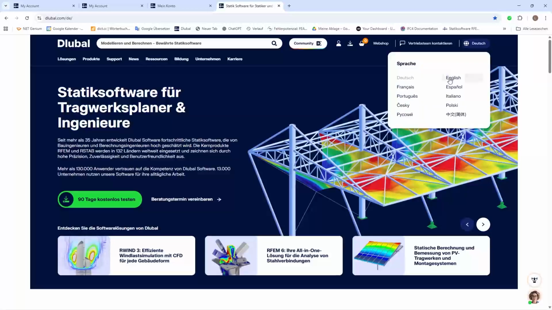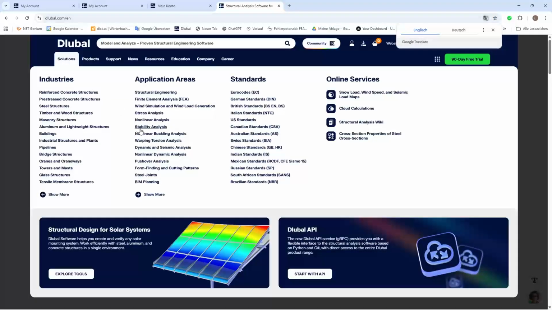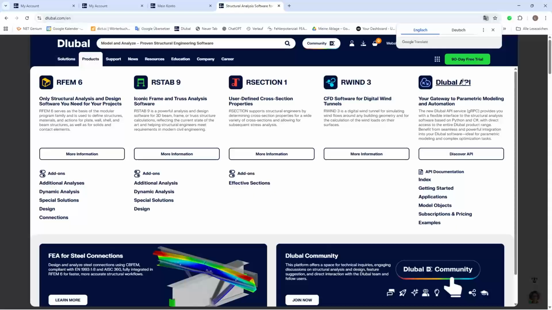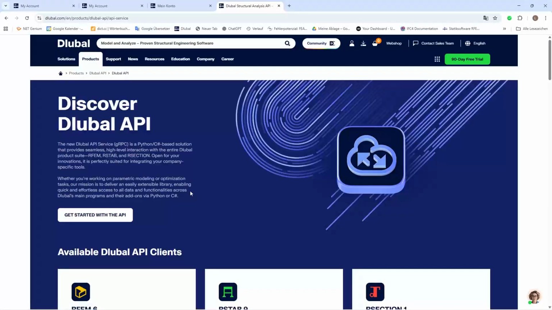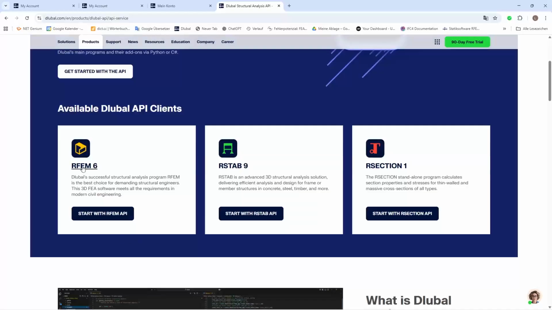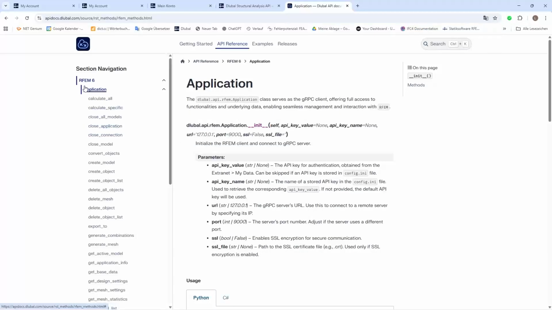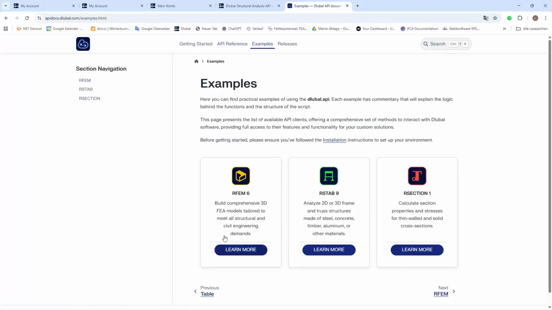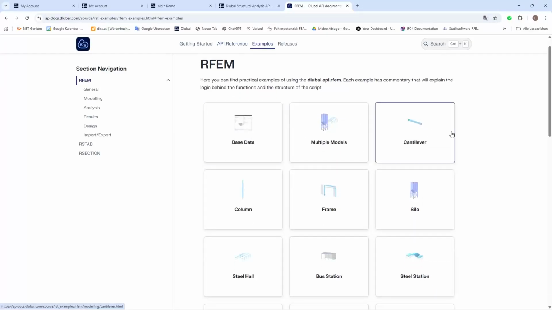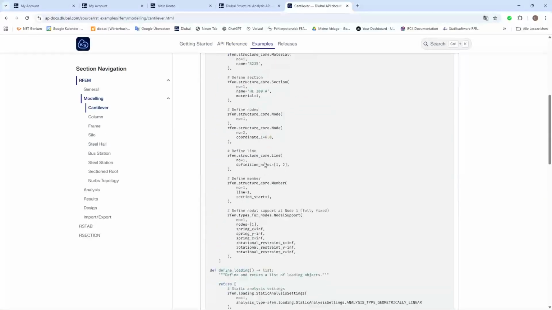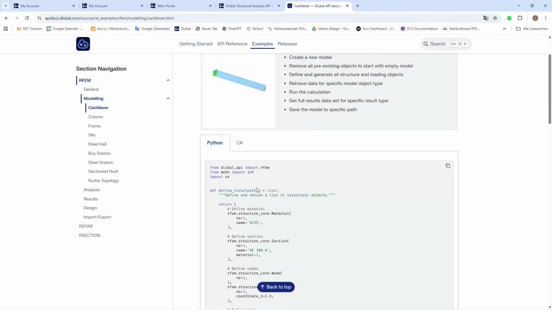So, English, solutions, actually products, and here we have the Dlubal API. There's also a nice additional page where you get all the information about the API. Don't want to go into too much detail here, but on this page you will also find predefined examples that you can easily copy paste into the Orpheum script manager or something like that to get your first hands-on